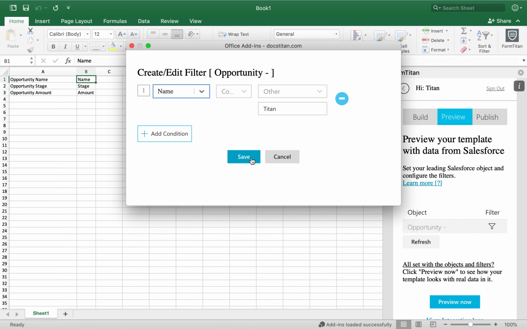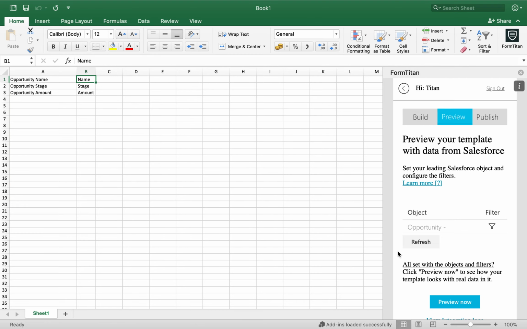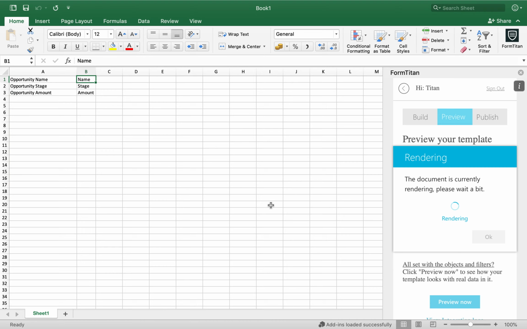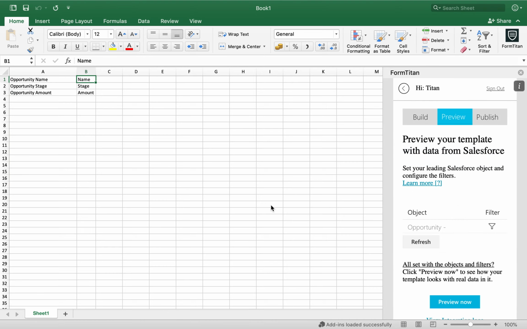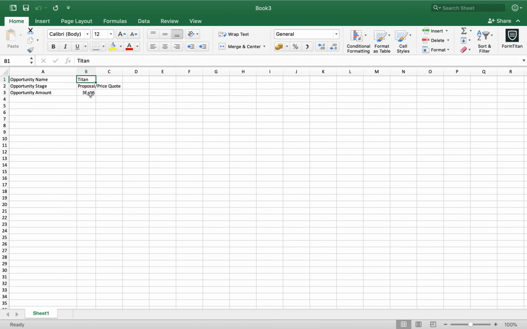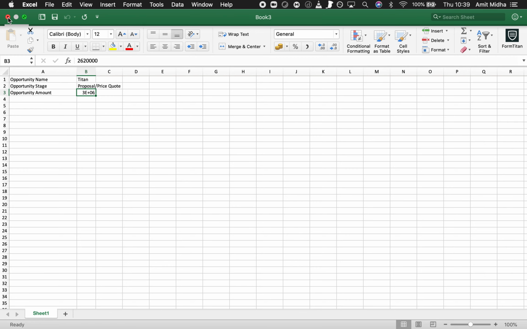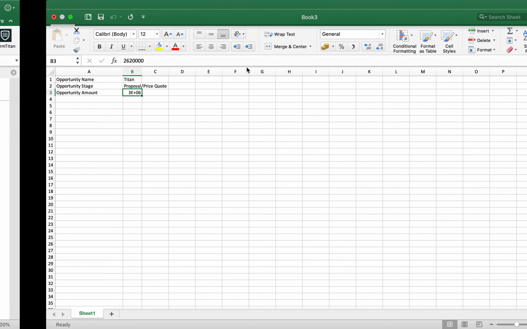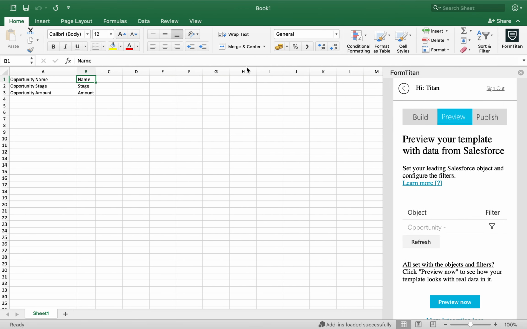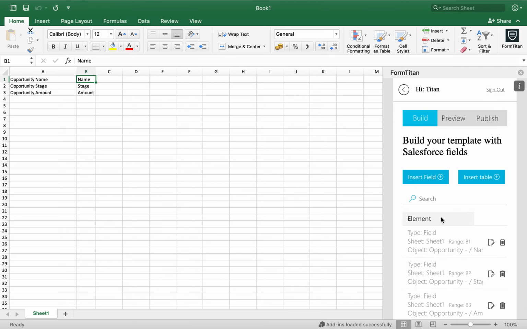I chose ID, not name. So once I choose name, preview now. There you go. Alright, so that's just come in now. The Titan name, the Titan amount. Super simple. So just like that, you can insert fields, and then if you want to edit those fields, the